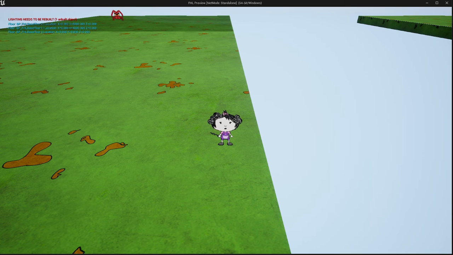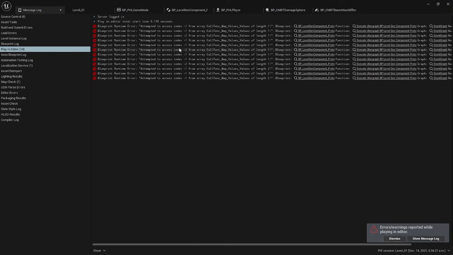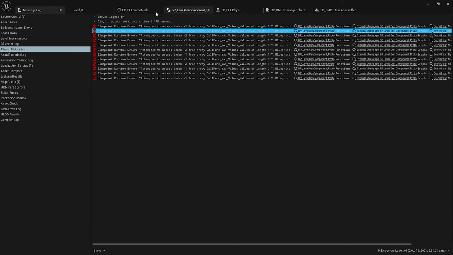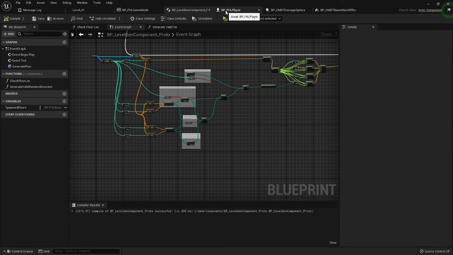There's something wrong with my equation right here. The third one is over there and not connected. Attempted to array, from -1 from array volume of values of length 1. So we reduce